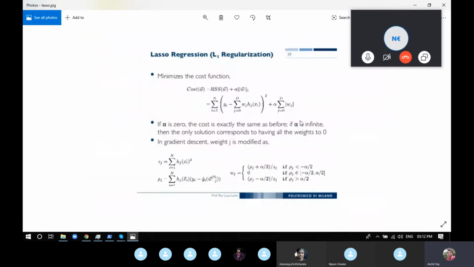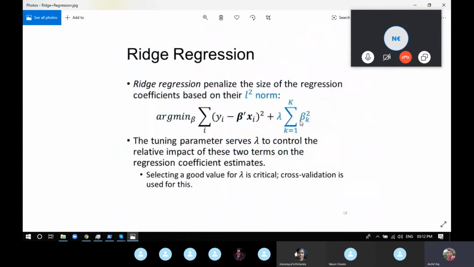So you can see the only difference between lasso and ridge is how the coefficients are used. In lasso, we just take the mod and add. In ridge, we square and add. And again, we have the same term, alpha or gamma, you can represent it as anything you want. These are the two equations for ridge and lasso. It's exactly what we used to do in linear regression, but only the cost function has been changed.